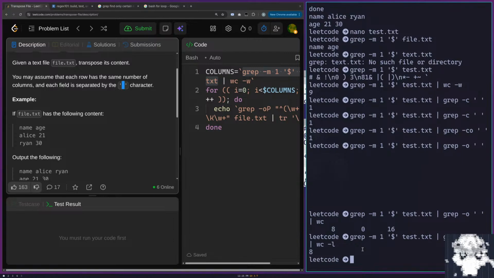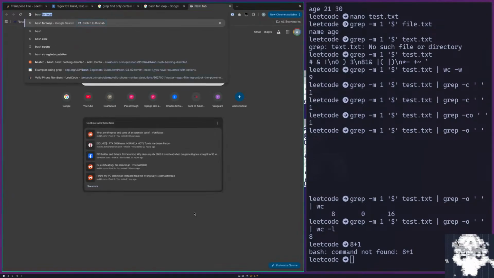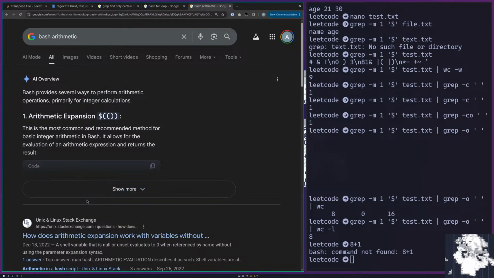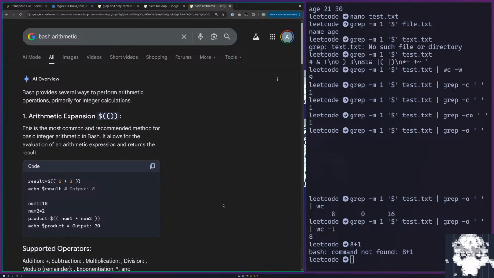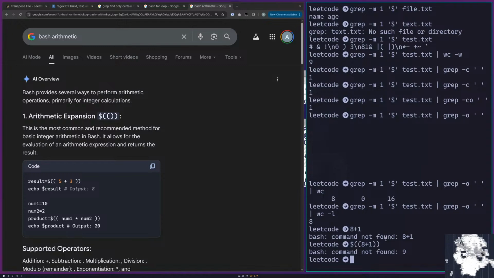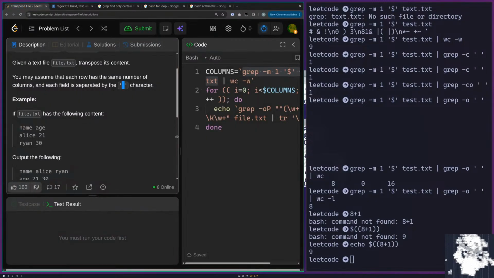And then how do you, like, you can't do this in Bash. You have to have a calculator. Bash arithmetic. If you put it in, okay, echo this. Okay, so then our first